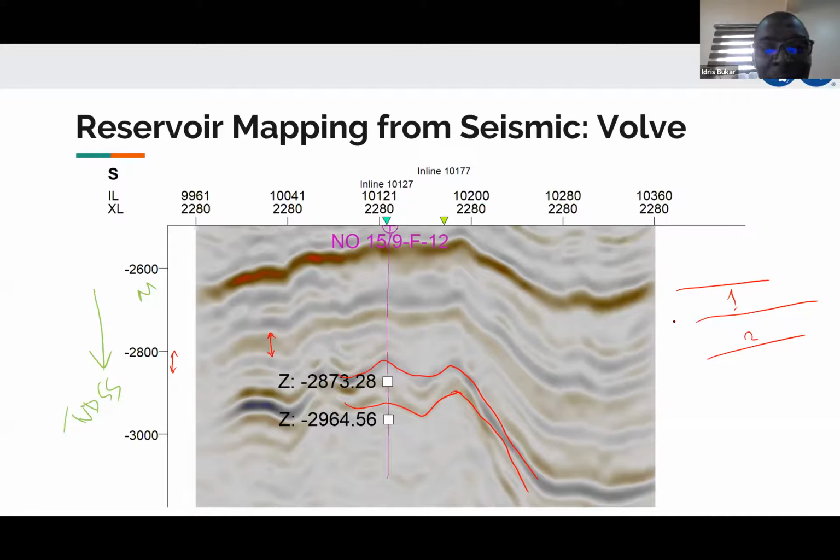But at the end of the day, your wells will help guide you to follow your horizon. So you follow it here, and when you lose it somewhere, like when you get to some area like this where you don't really know what is what, then if you have another well in the location, you are saved, to keep you back on track.